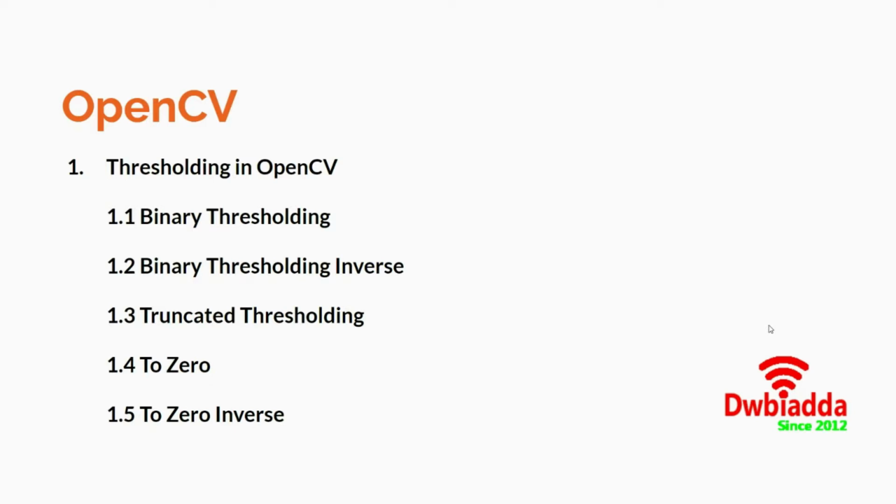In this lecture today, we'll be discussing thresholding in OpenCV. As the name suggests, thresholding is an image segmentation technique. This segmentation technique is used to separate a foreground object from its background. From the name it's very clear that some kind of threshold is being applied. So thresholding, in relatively simpler terms, is nothing but a cutoff value.